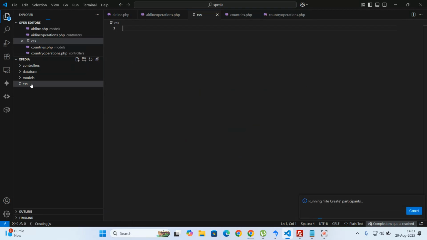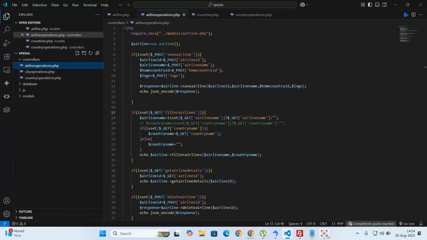Well, okay, CSS was supposed to be a folder, not a file. I don't know why it's taking too long, and I'm hoping it's still recording. Yeah, it's still recording. So I have JS, so I can create here a folder called CSS. Then I can create another folder for my images,